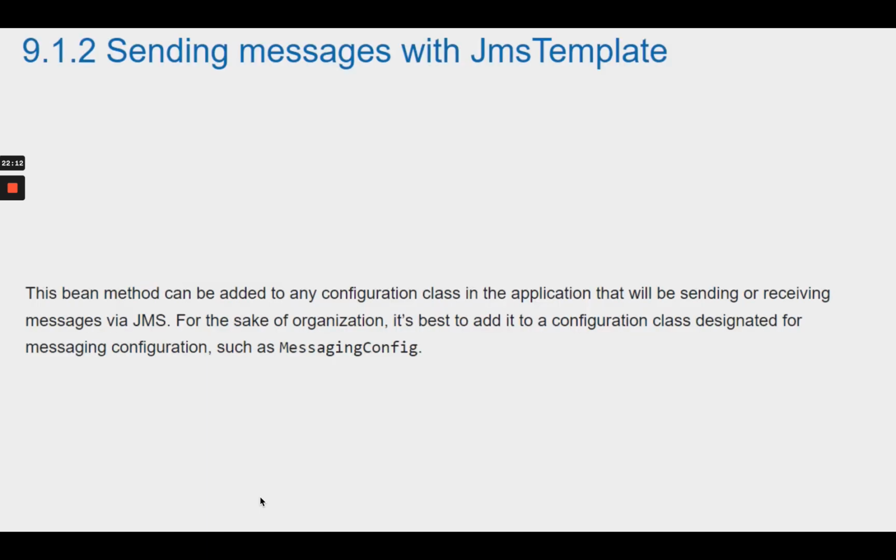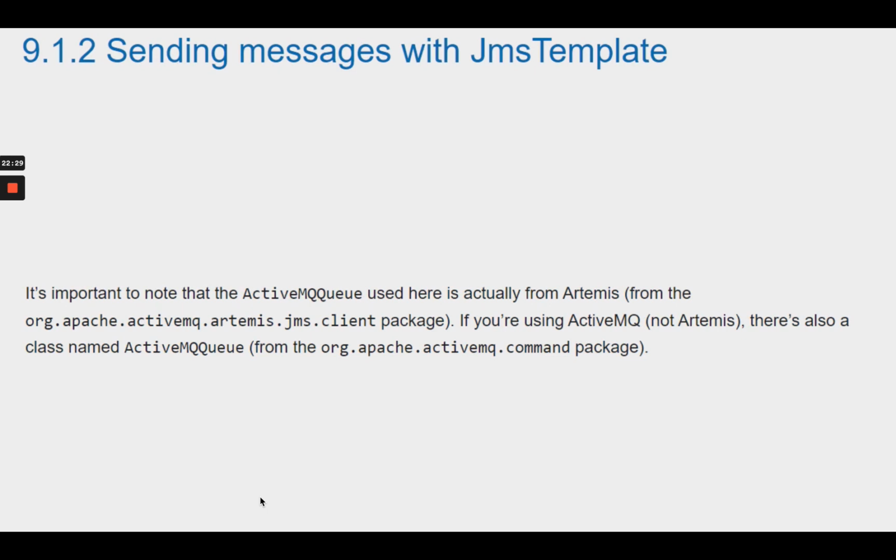This bean method can be added to any configuration class in the application that will be sending or receiving messages via JMS. For the sake of organization, it's best to add it to a configuration class designated for messaging configuration, such as MessagingConfig. It's important to note that the ActiveMQQueue used here is actually from Artemis, from the